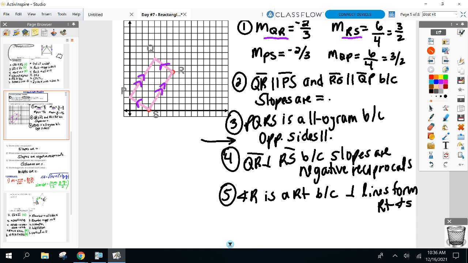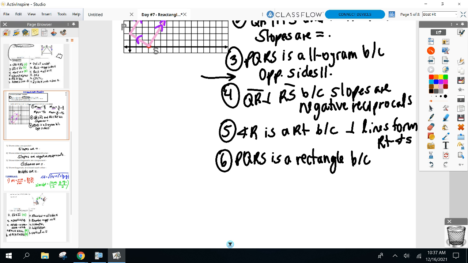Is it a parallelogram? I already said that. Is it a rectangle? I mean, sorry, is there a right angle? Put the two together. What do you have? Okay, so now step 6. PQRS is a rectangle because